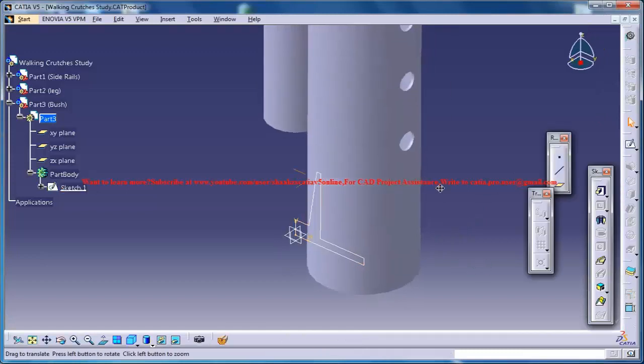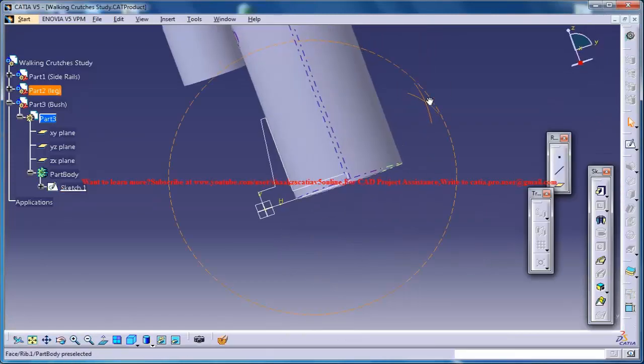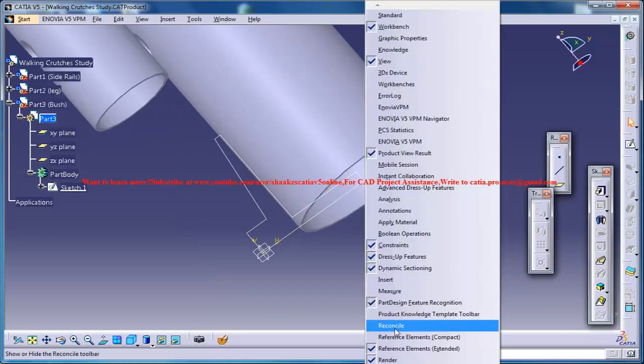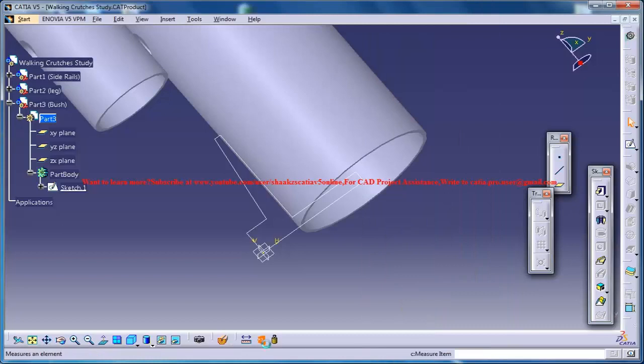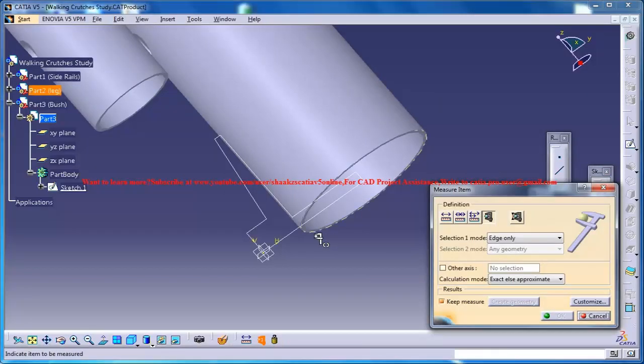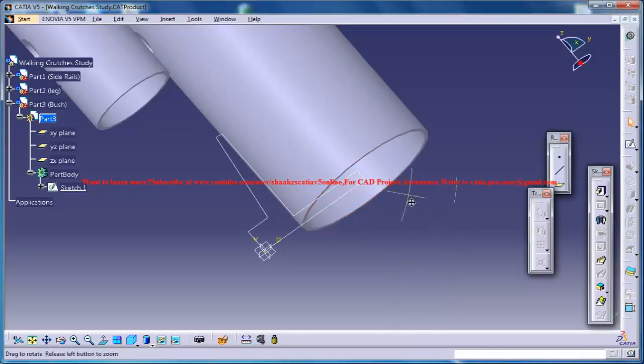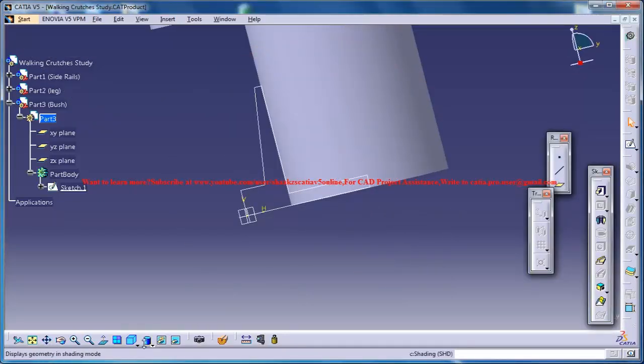Just exit the sketch and measure the diameter. I don't remember exactly what diameter I put. So you could measure this diameter. So that's radius 1.9, 3.8. So radius 1.9 means